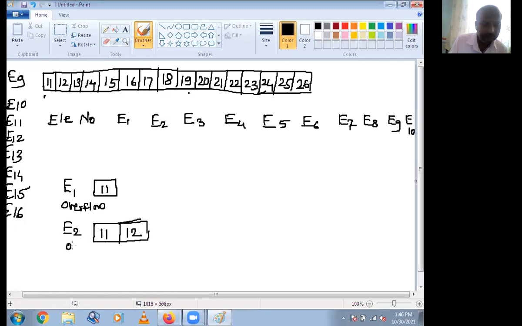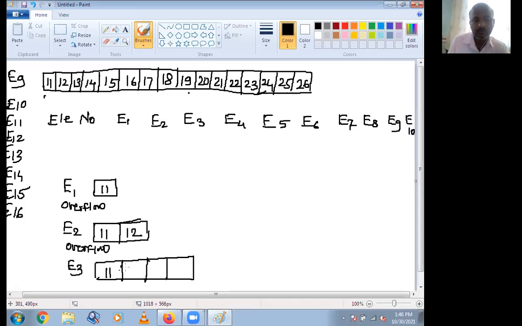Then whenever the second element is inserted, it also becomes overflow. Whenever you are inserting the third element, make double space than previous, copy the previous contents as it is and insert the third element. Okay, so we'll see what is the total size for each element.